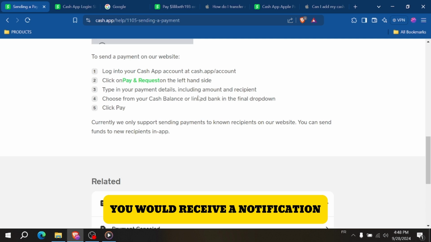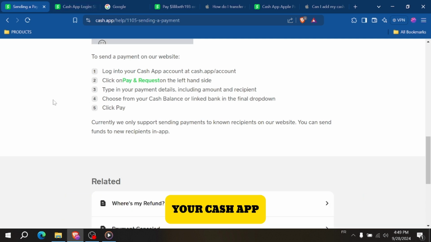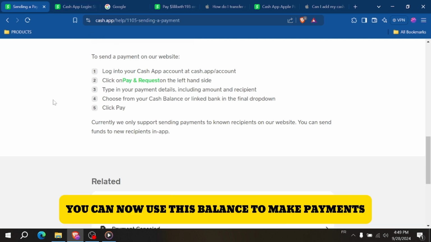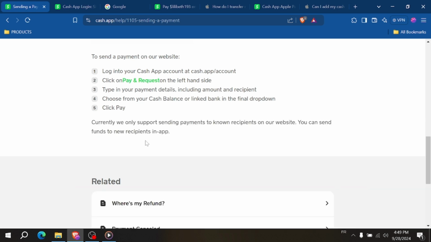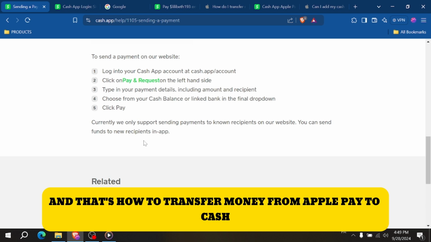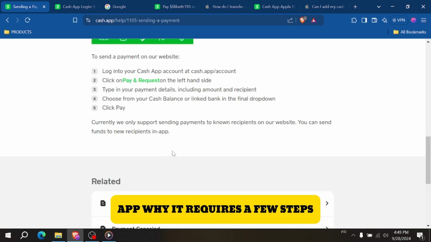You'll receive a notification confirming that the funds have been added to your Cash App. You can now use this balance to make payments, send money to friends, or cash out to your bank account. And that's how to transfer money from Apple Pay to Cash App. While it requires a few steps,